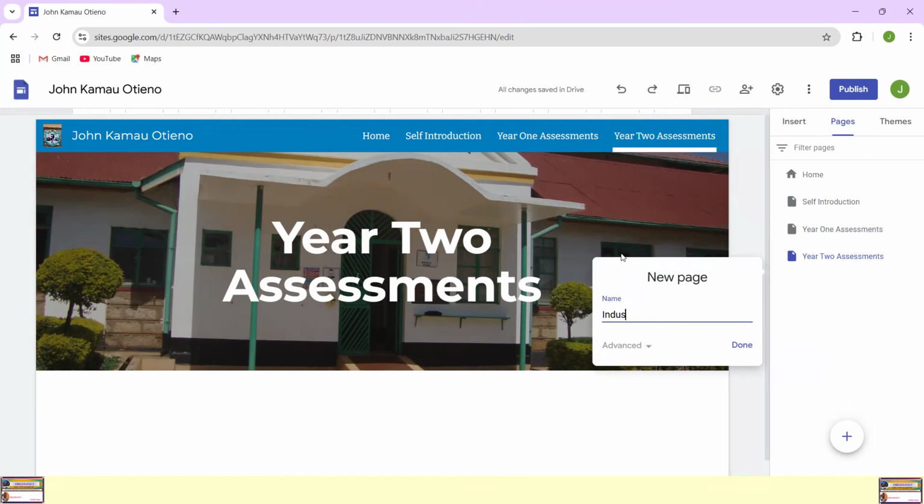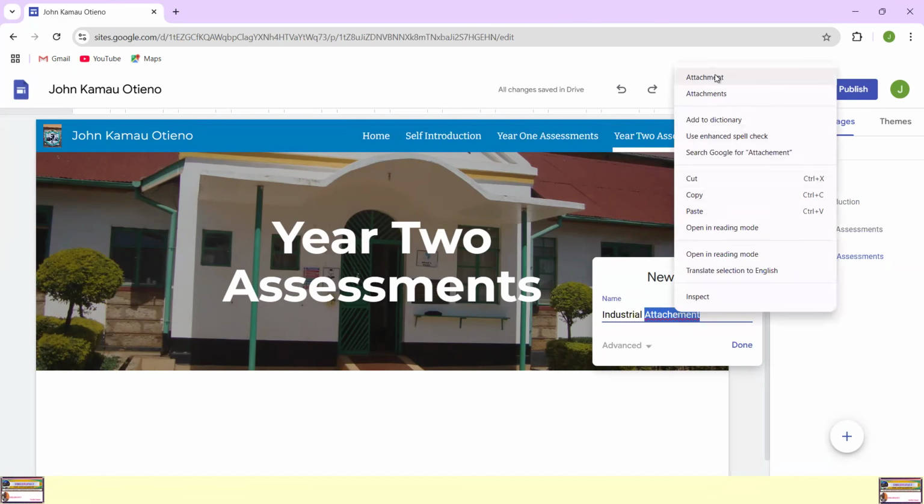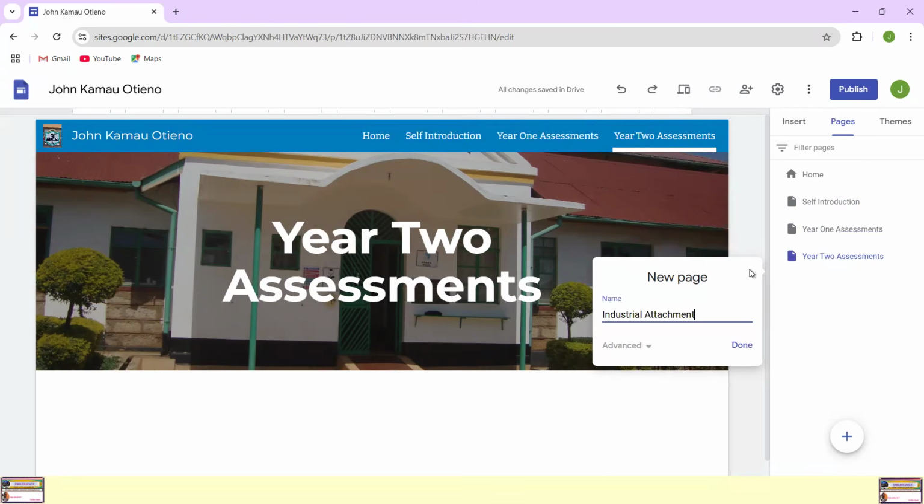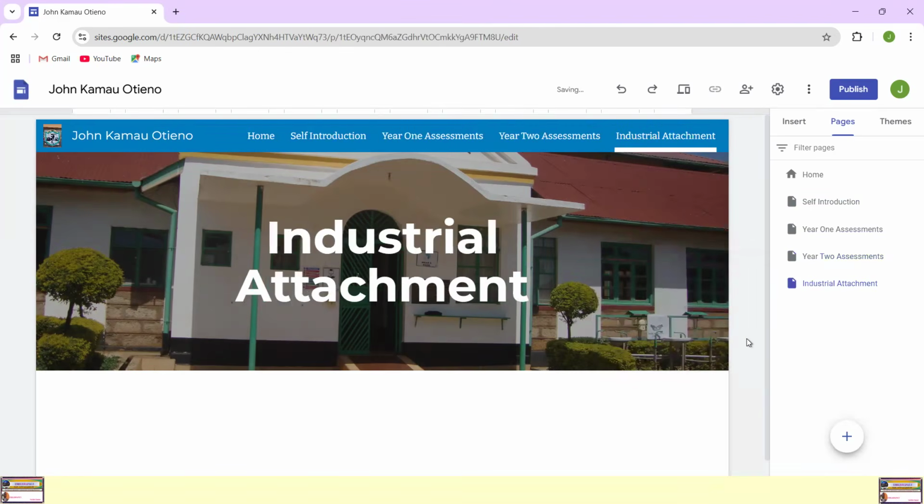So I will have it as industrial attachment. If there's an error, you right click on it and you select the best name, the correct name. Then you click on done. You can see as you type your pages, they are being added on the title part of your